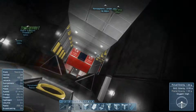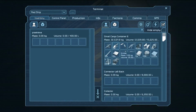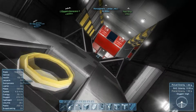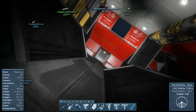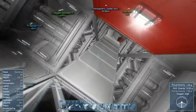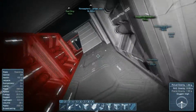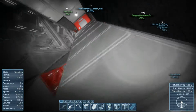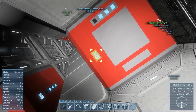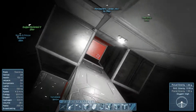How many gravity components are in the gravity generator? Let's go take a look at that. Let's grab that and that. We'll take a look at the gravity generator, figure out how much we could actually salvage from that. We said 5 each, so that's 15 per reactor. I'd like to have 2 reactors aboard that thing just to get it out of this valley so we can charge it up. How's the batteries doing here? 9 hours, but that's with the assembler running, so...